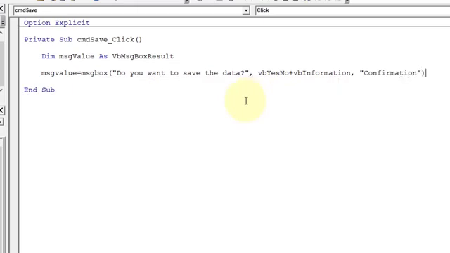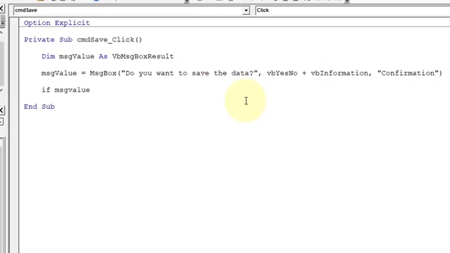Close the bracket. If msg_value is equal to vbNo, then Exit Sub.